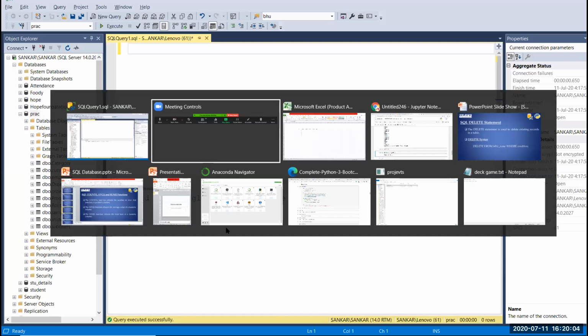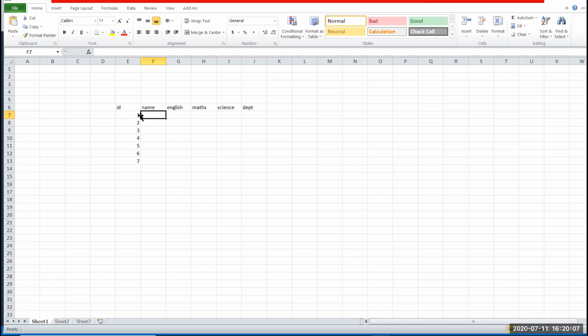First I'm going to fill the data in Excel. After that I'm going to insert the whole data in a single click, right? Here you have to give your name. The name must be in string format, right? Just first is Shankar. Here you do not pass quotations because we are going to insert directly, so you can just pass your names.